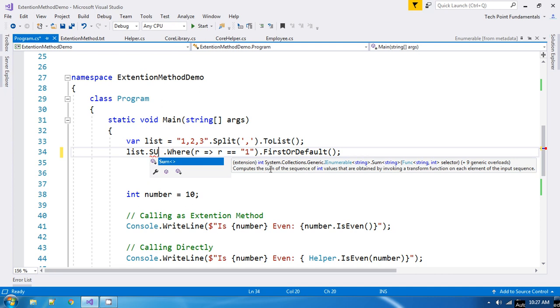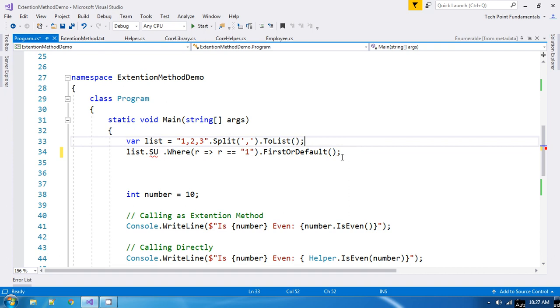You can see extension in system.collection.generic IEnumerable, which works on IEnumerable type. This is an extension method which operates on the type IEnumerable. So this is the beauty of extension method, that you can inject any functionality, any method without modifying the actual type,